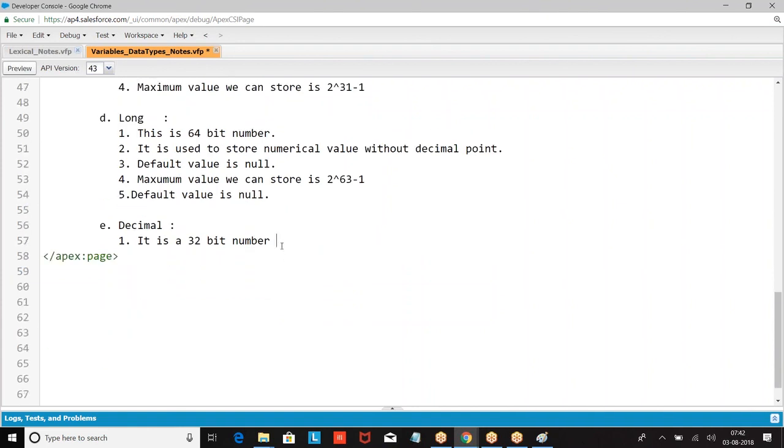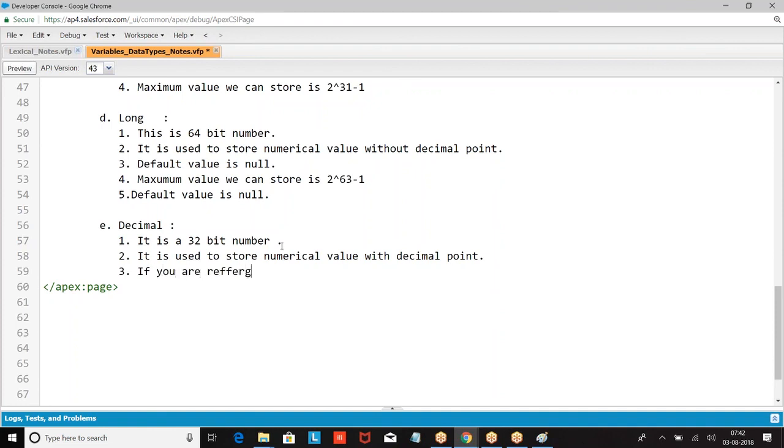If you are referring to a currency field of an object, it should be a Decimal.